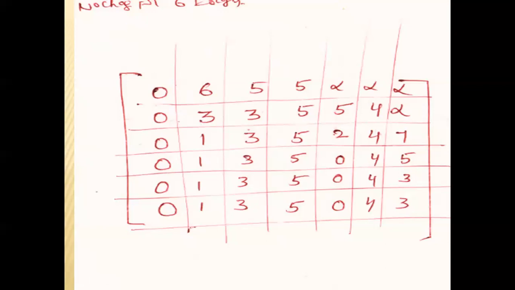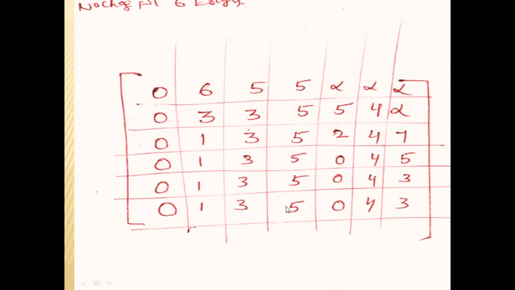That means from 1 to 3, the shortest path is existing from 1 to 3 by using a single edge, that is 5. By using 2 edges it is 3. There is no shortest path by using 3, 4, 5 or 6 edges. So 3 is not changed from 3 to 7. Next, 5, 5, 5, 5 represents the shortest path from 1 to 4 by using a single edge, which is 5.